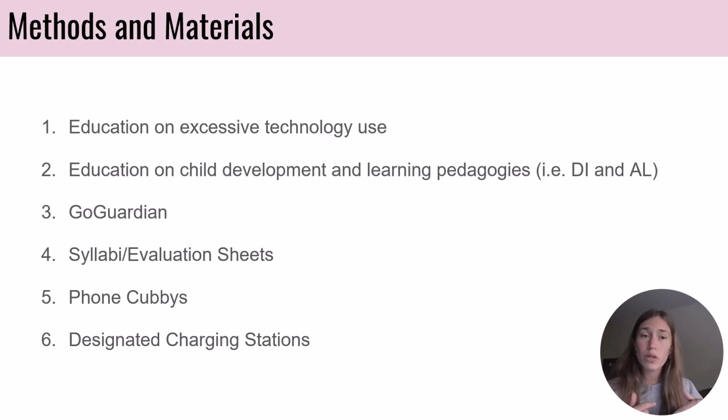Followed by learning about child development. So how do children develop? How do their minds develop when influenced by A, B, and C? And what are different modes of instruction, such as direct instruction or active learning? What are different modes of instruction that best serve students? How do students learn more? So once you get fully educated on those few things, another key material is this platform